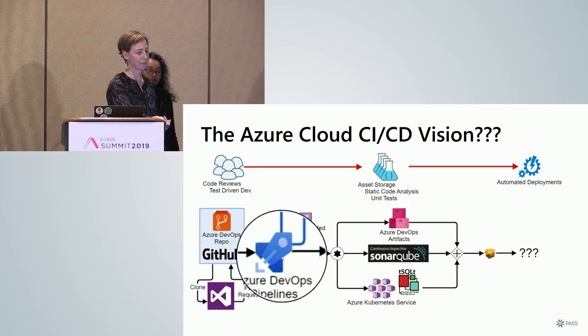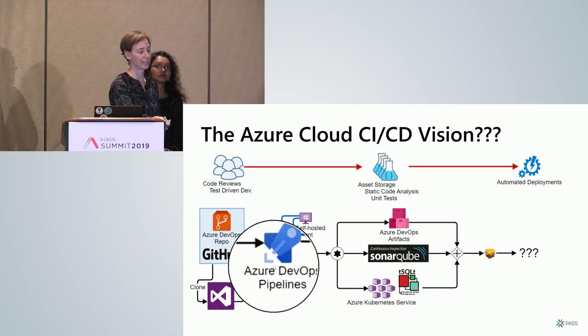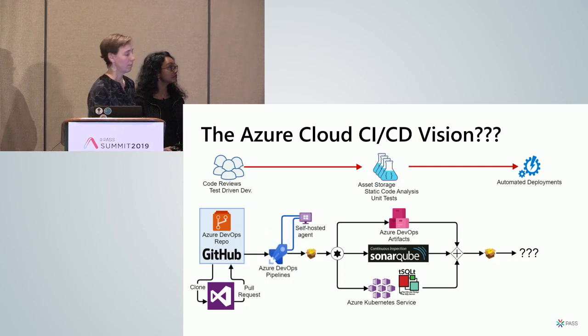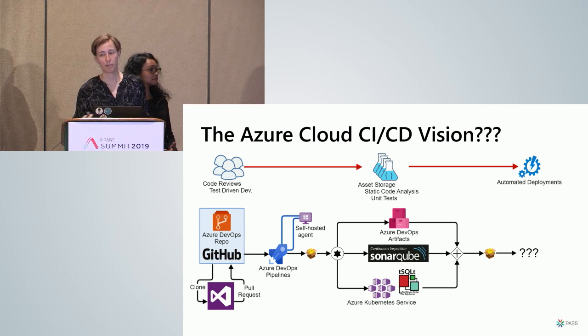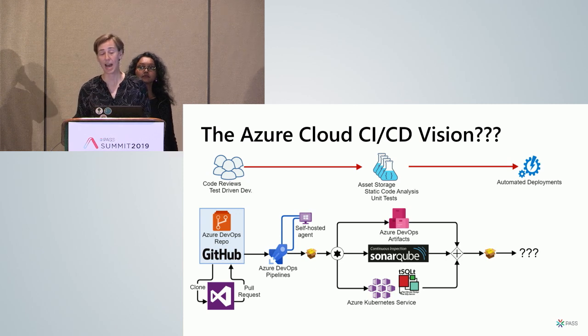It's in Azure DevOps pipelines. On premises, we use Jenkins, but Azure DevOps pipelines is a fantastic alternative if you're going to be on the cloud. So Azure DevOps pipelines picks up when I commit code, or any of my developers commit code, and it automatically starts to run whatever it is that we've asked it to run, and we've done that with a series of tasks.